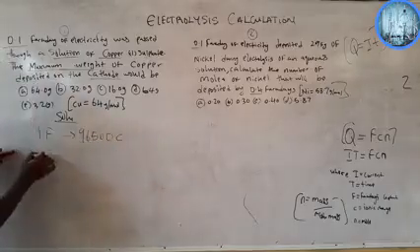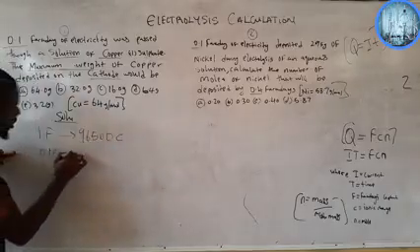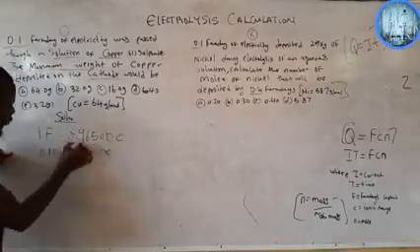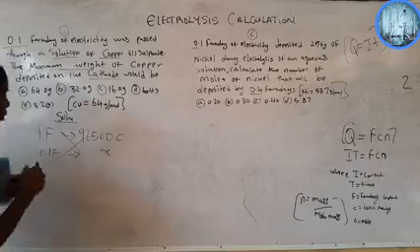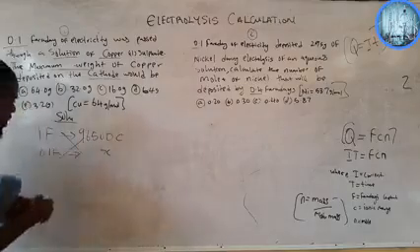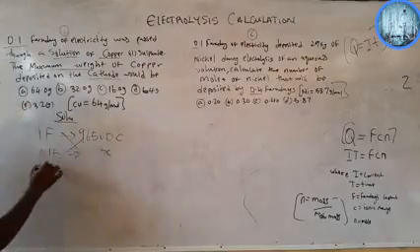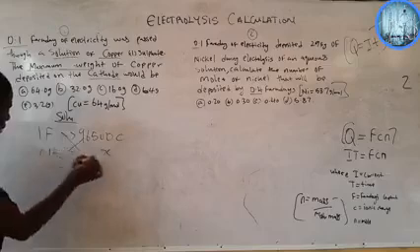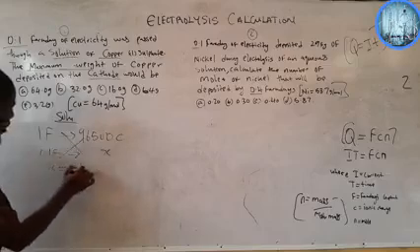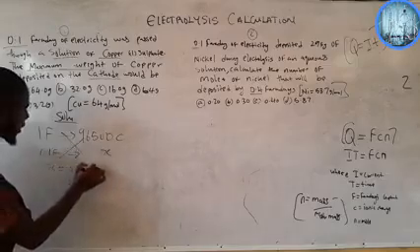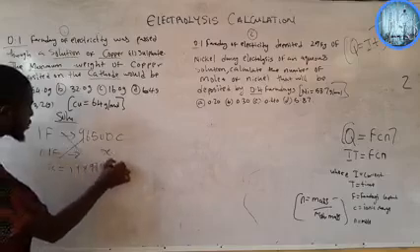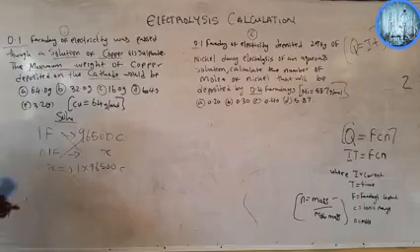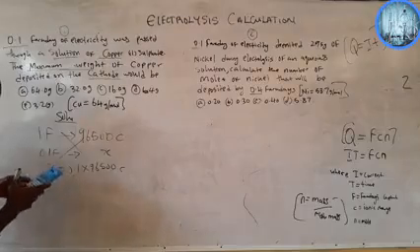If 1 Faraday is equivalent to 96,500 coulombs, then what will 0.1 Faraday be? Let's put it as unknown. We can do a simple proportion, the knowledge we use from mathematics. So x equals 0.1 multiplied by 96,500 coulombs. If you do this math correctly, that's 0.1 multiplied by